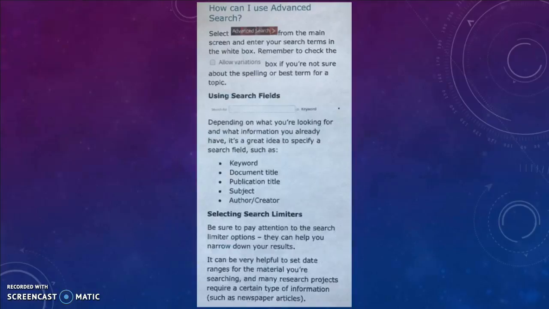The middle section moves on to advanced search. I opted to use actual screenshot images from the database's webpage whenever possible, both to add a little graphic interest value and to familiarize readers with what things would look like once they get on the computer. As you can see, I briefly covered the variations box, search fields, and search limiters, which is all that is